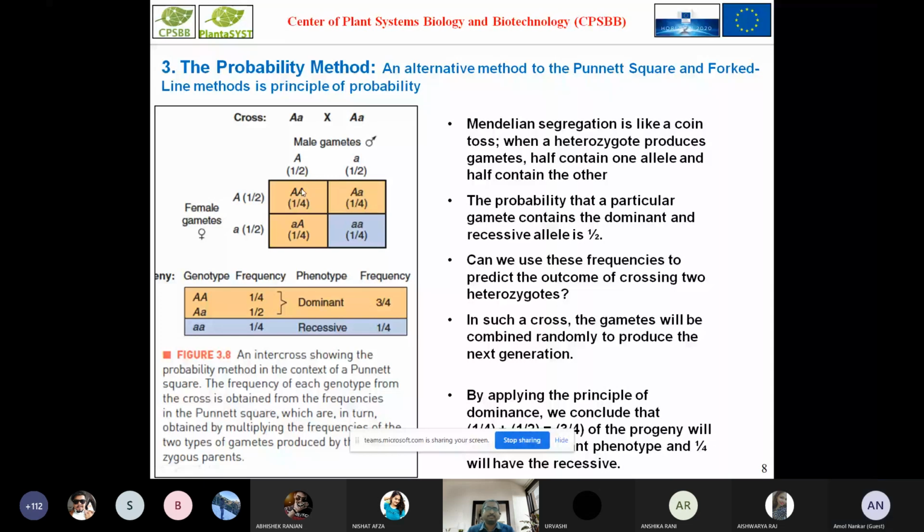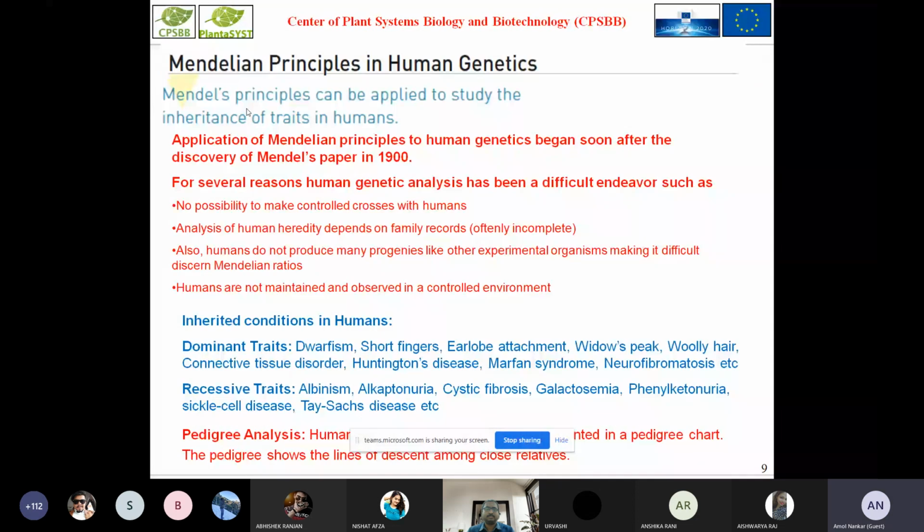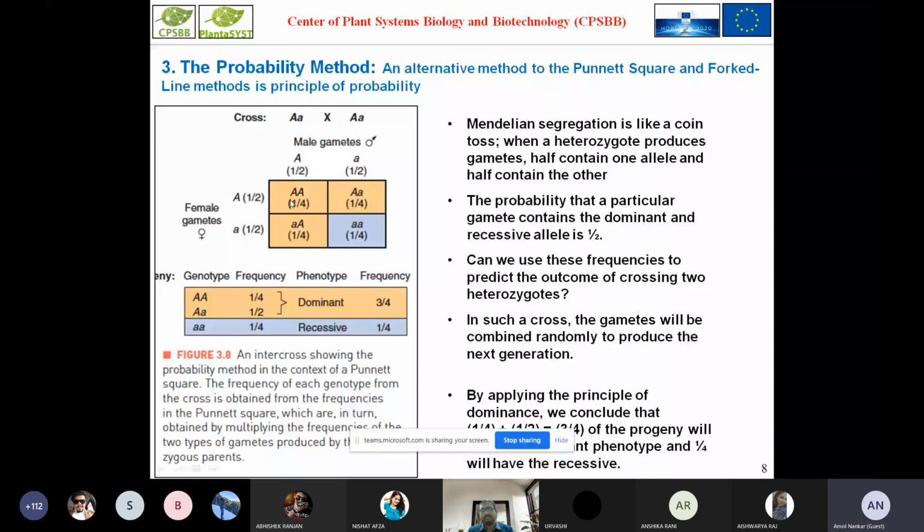Then basically we know that the dominant allele has a probability of 1/2, and the recessive has 1/2. So we take one gamete from the female side and another gamete from the male side, and that's how it allows us